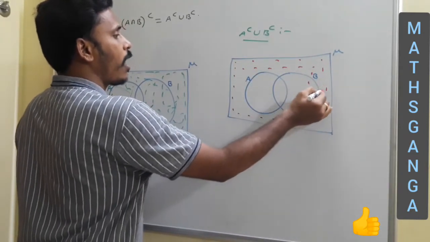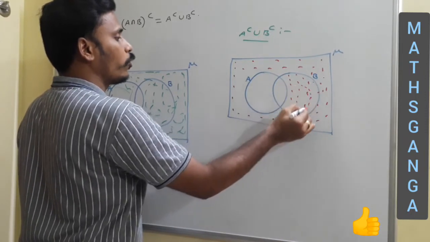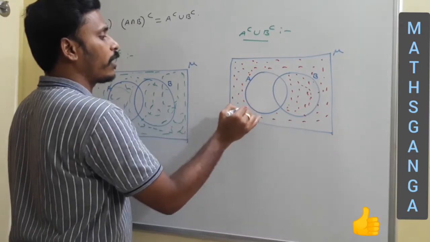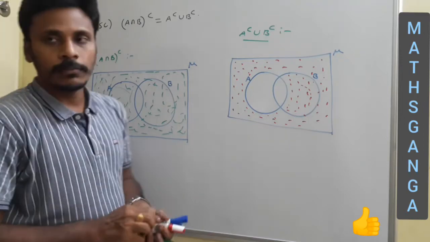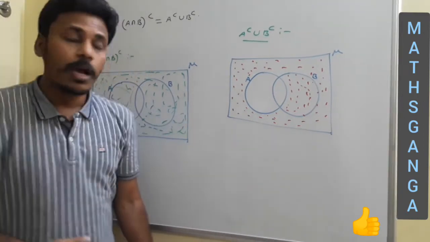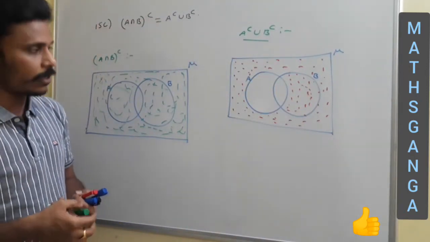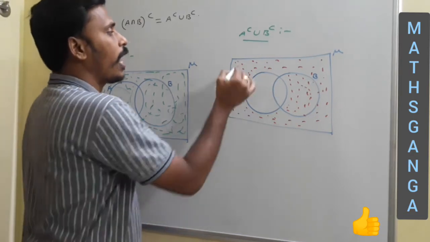Outside of A. I have a chance to enter into B, but I don't have a chance to enter into A. Since I can't enter into A, I am not allowed to enter the first circle. So this is A complement. And then B complement. B complement means the region outside of B. Outside of B means not this circle, everything outside of the second circle. For that I can take black color. Outside of B, I will dot it like this.